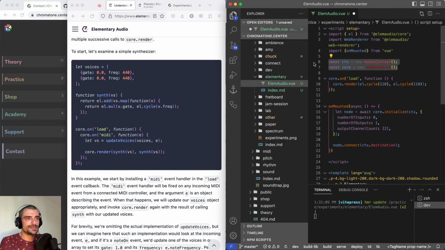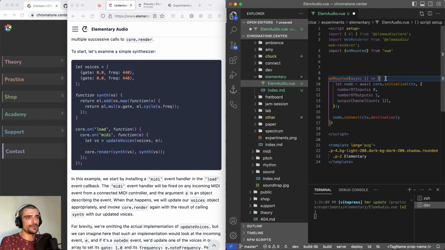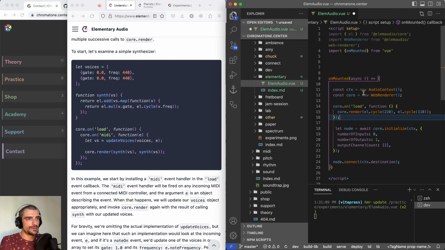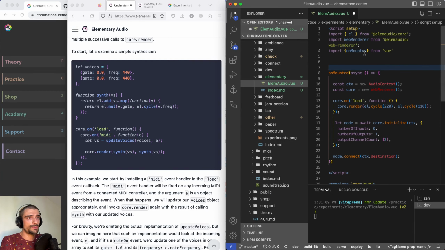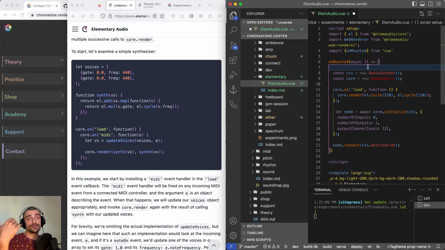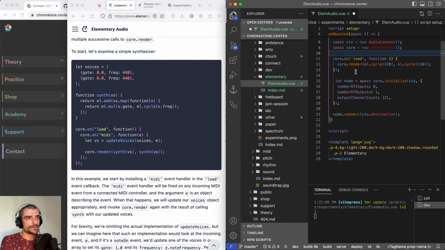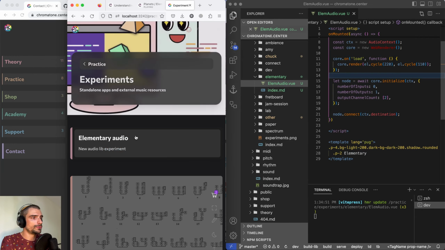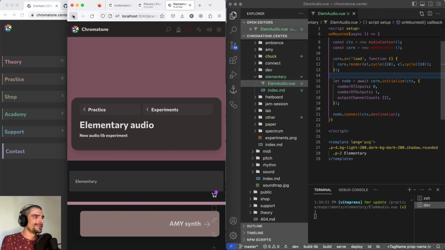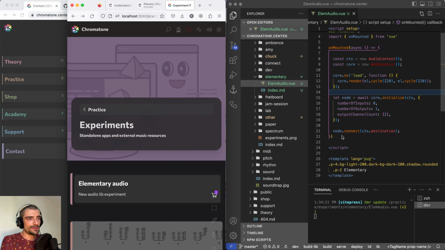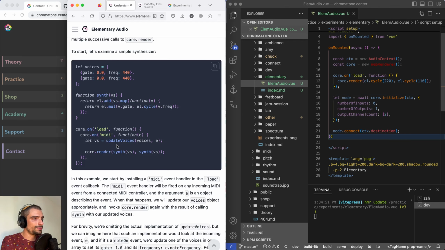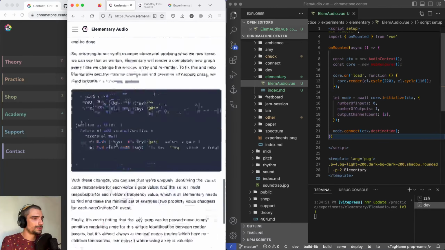Then I think these things should all happen on mounted. So CTX and core are all happening on the web, on the client, in the browser, not on the server when we build that. So yeah, that happens on load, on mounted. I think this should go just fine. Open, get the node, and I think there should be a stop thing that we can maybe